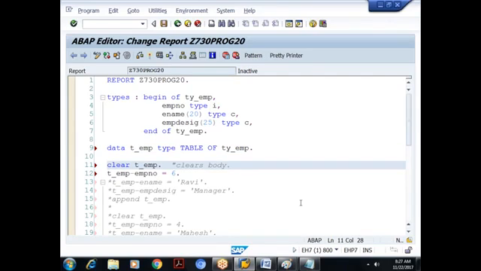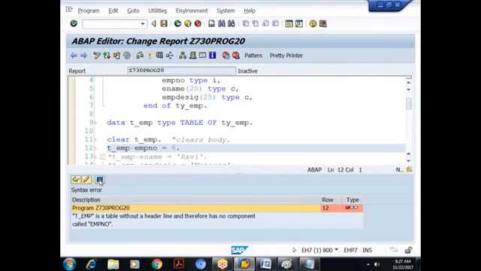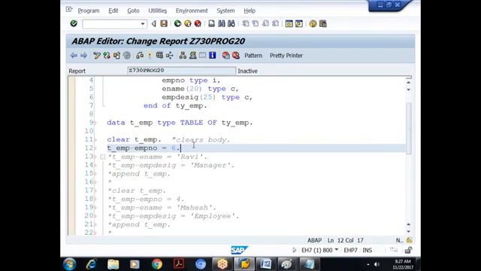So when I do syntax check, try to understand. I got an error. What is the error here? T_EMP is a table without header line, and therefore has no component called EMP number. Okay, is it clear to everyone? So this will give me a syntax error.